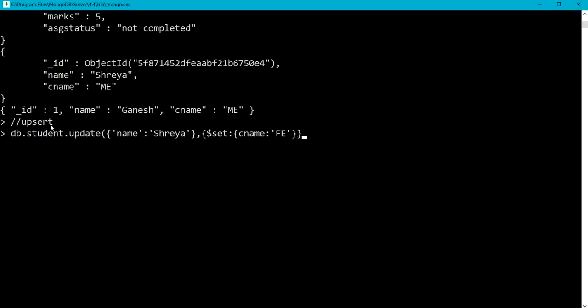The option that we are going to use for this update method is upsert, which will be true.